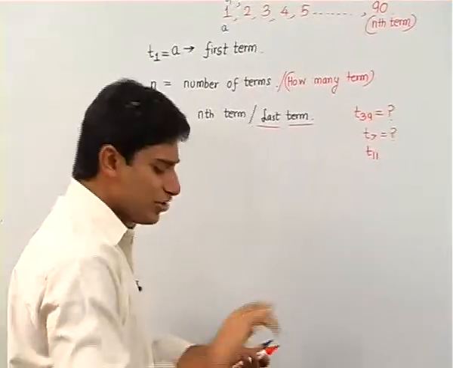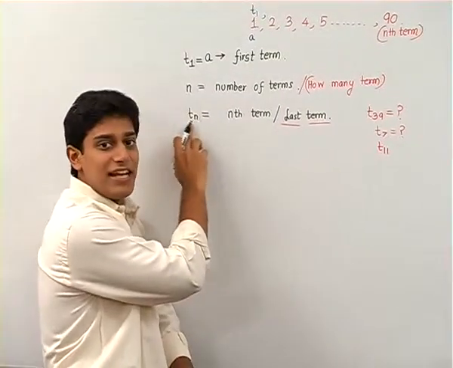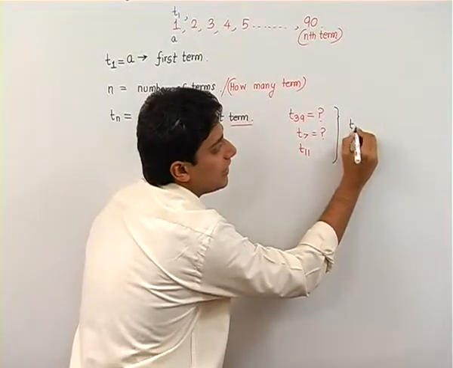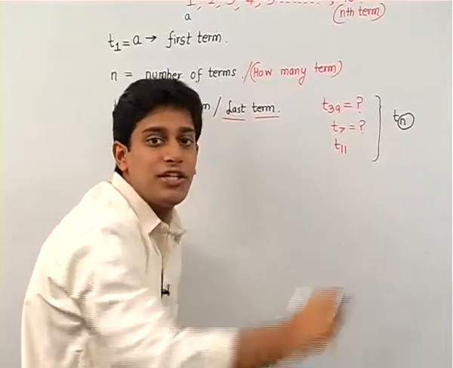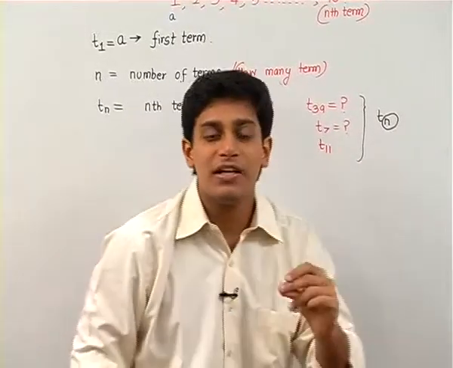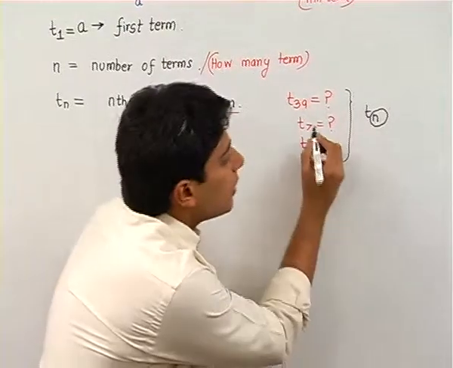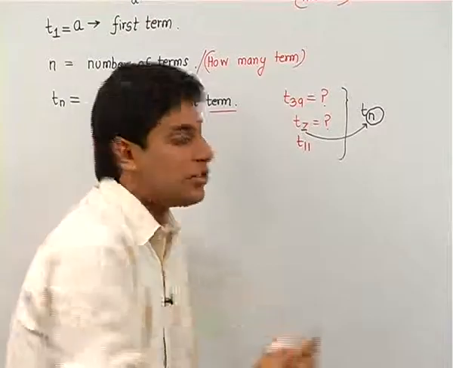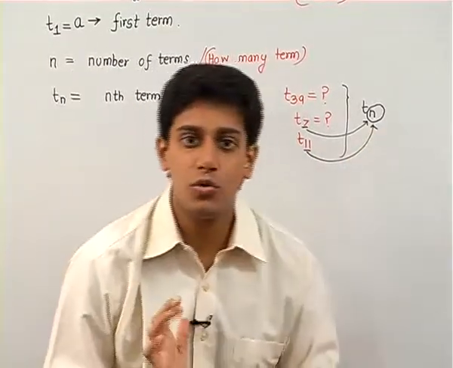So can I say in general, the formula was Tn? So this represents nothing but your Tn. And in this n, we substitute the value of n. Tell me the 7th term. Which term? 7th term. So n is equal to 7. Tell me the 11th term. So n is equal to 11. Are you getting this, students?